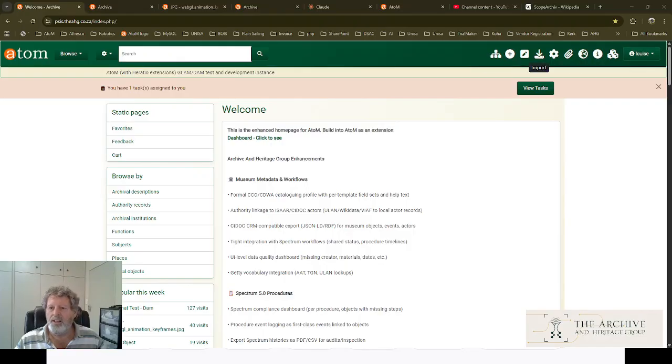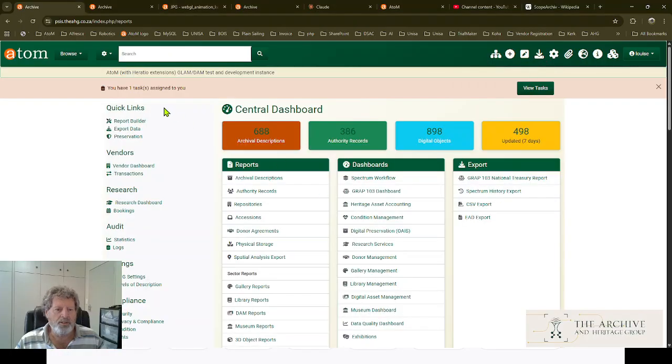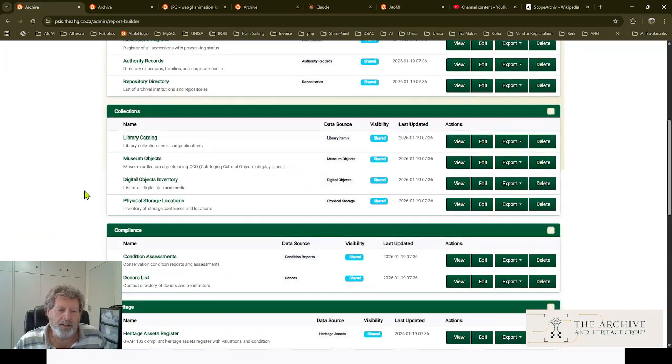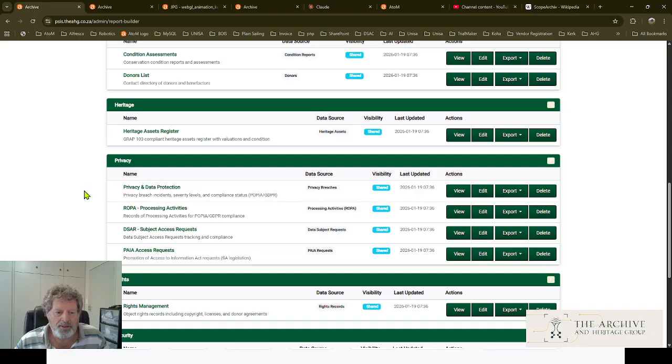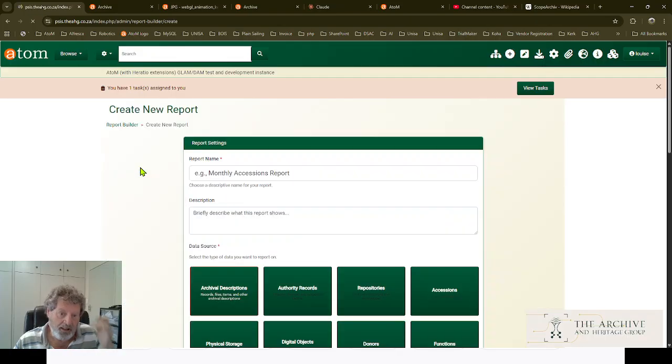So I'm logged in. I'll click on Manage, the central dashboard. You'll see on the left-hand side, the first option is the report builder. There are already predefined reports. But to create a new report, I can say create report.